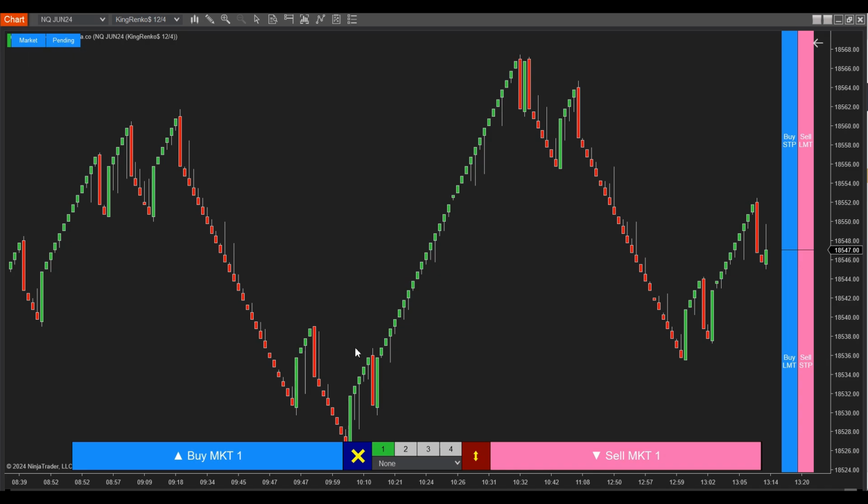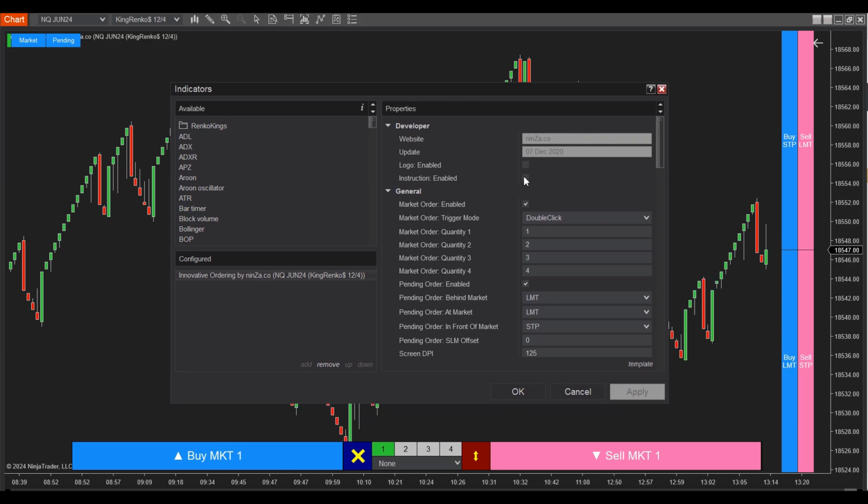When the market moves down, the market order board can sometimes hide the candle movements. To prevent this, we have a helpful tip for you. Innovative ordering provides two boards on the chart, market order and pending order. Let you disable the market order board